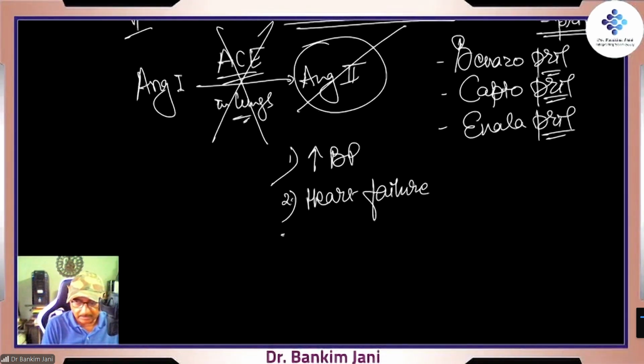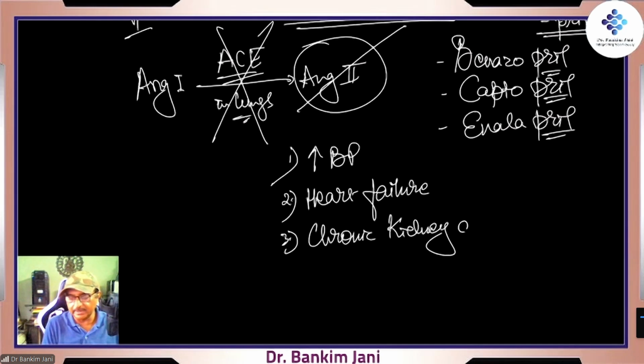Right? Similarly, the kidneys. In case of chronic kidney disease, you can give this. What would be the logic in case of chronic kidney disease? Why are we giving ACE inhibitors in case of kidney disease? Here the logic works, right? It decreases the blood pressure. In case of heart failure also there is another logic, but